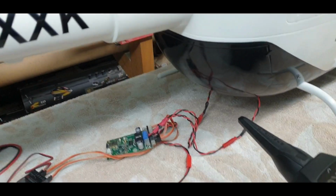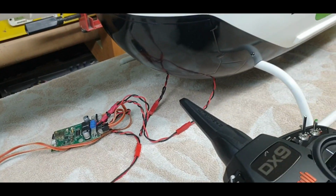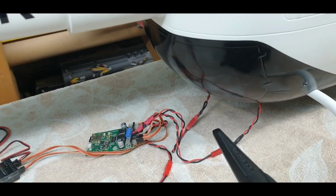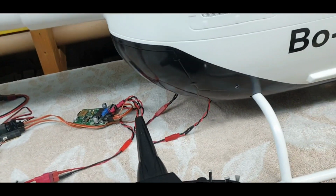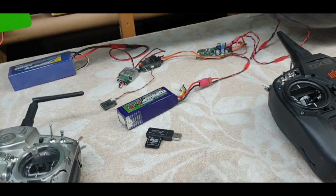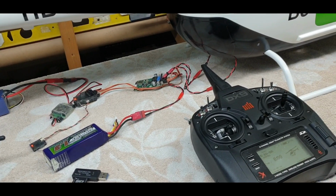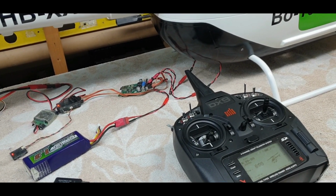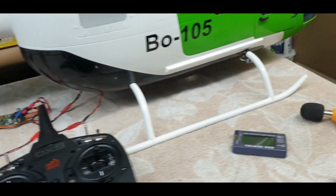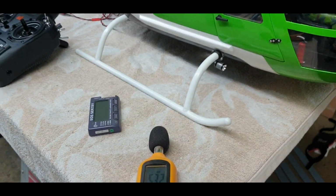If you notice the speaker wires and your power wires, always twist them, because you don't want any RF coming off the board interfering with your radio signal. But I've had no problems here. I'm running 2 receivers next to each other and 2 separate radios, and I've had no problems at all. But I think that test is conclusive that in the right application,